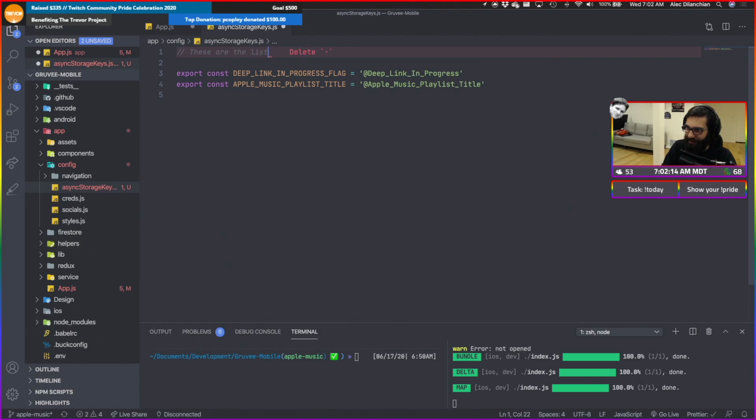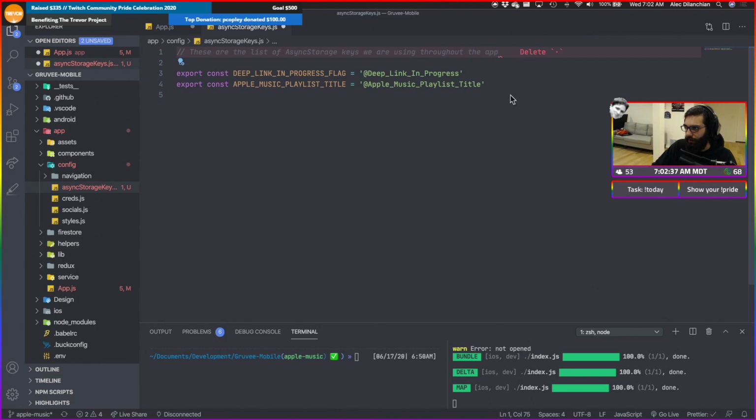These are the list of async storage keys we are using throughout the app.